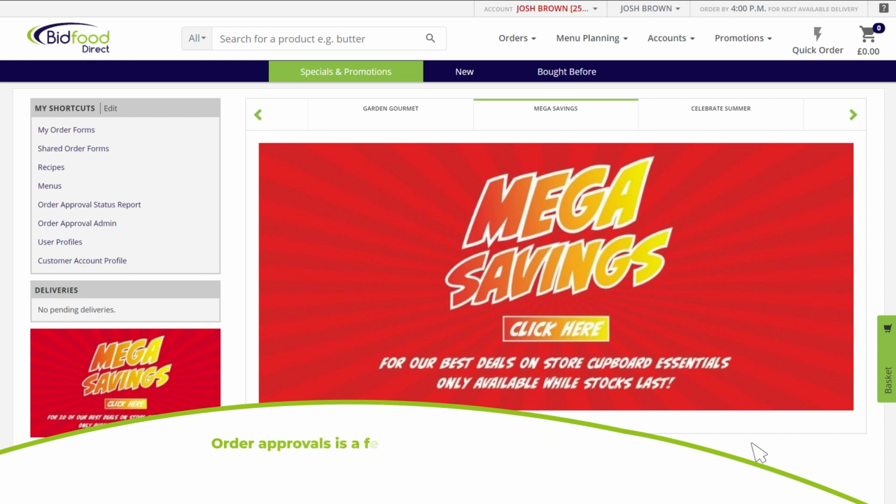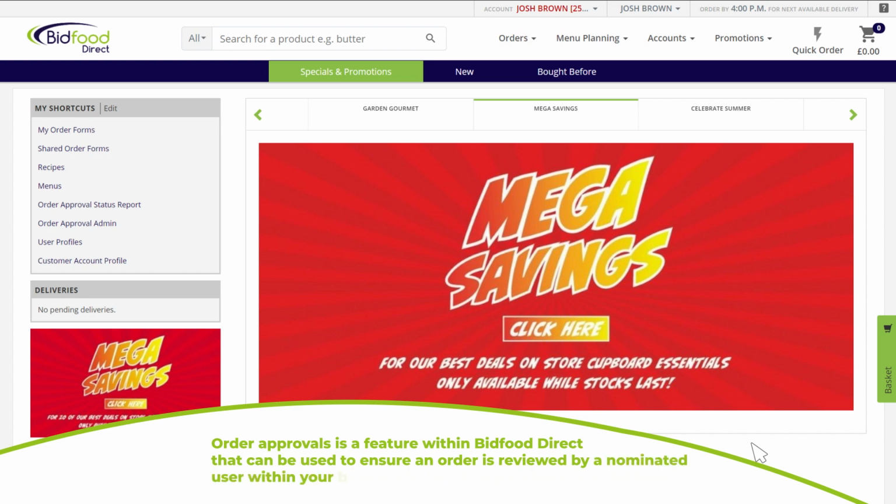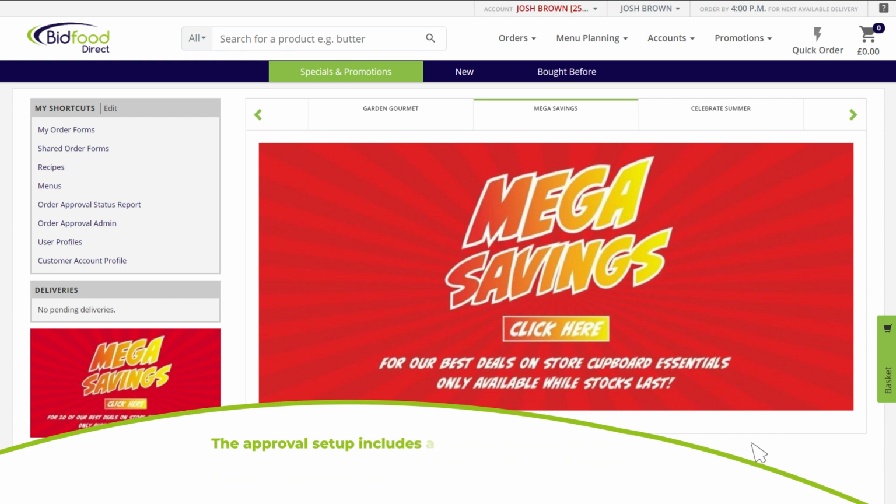Order approvals is a feature within Bidfood Direct that can be used to ensure an order is reviewed by a nominated user within your business before being submitted to Bidfood. The approval setup includes a number of features to allow you to configure the approval scheme to match your business